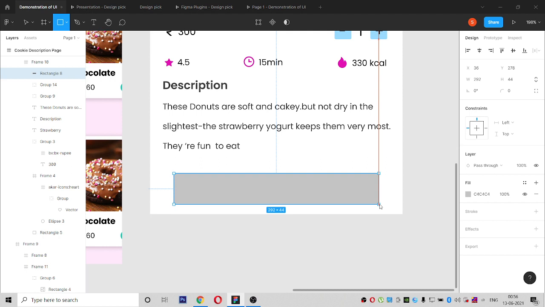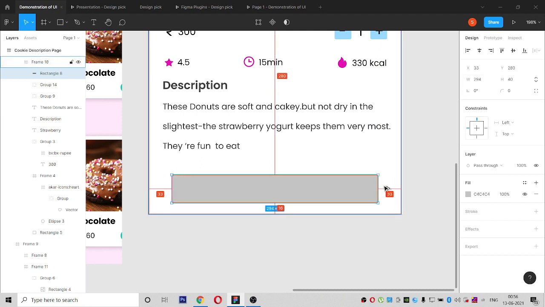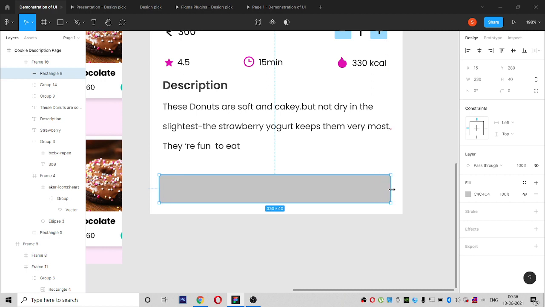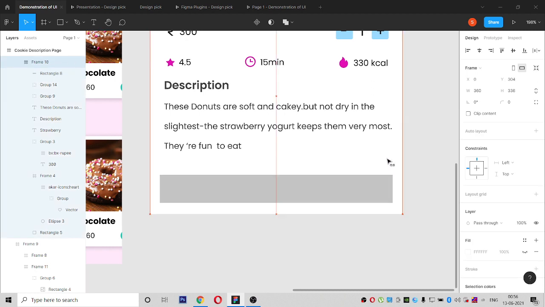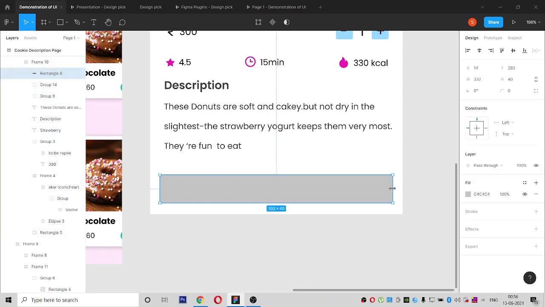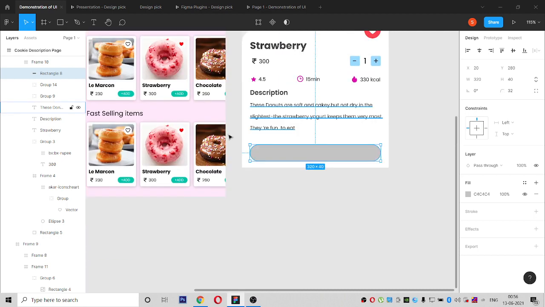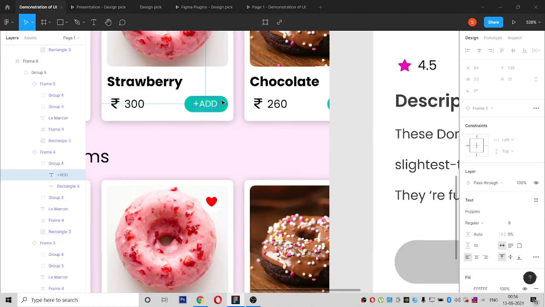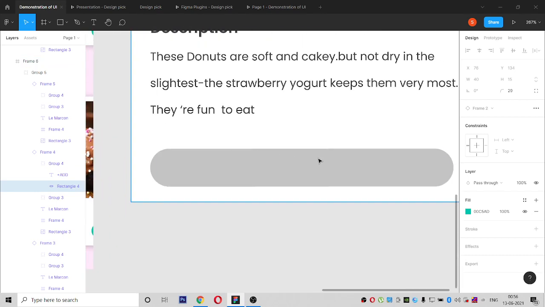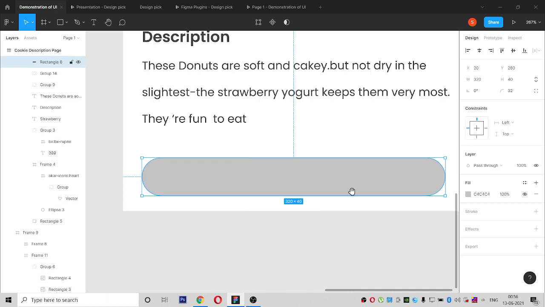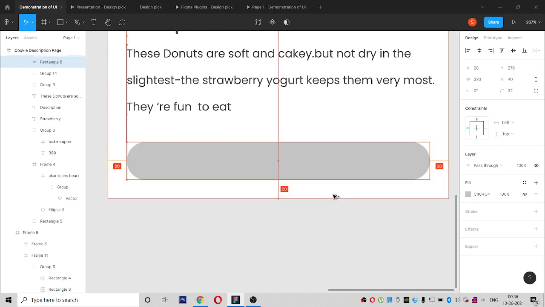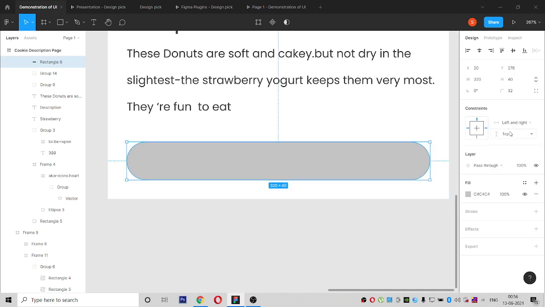Button can be 40 height and 20 padding. And since the corner radius of the button of this ad has been full, this also should be fully curved, and this should be below 20, and use the constraints here.